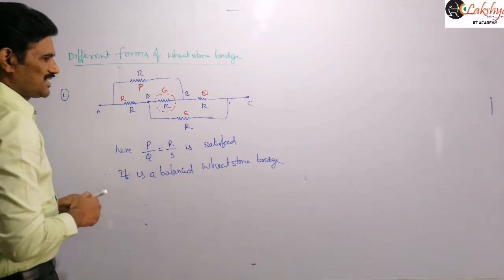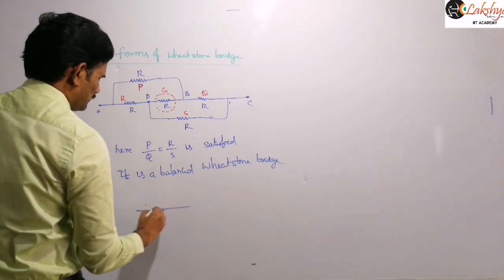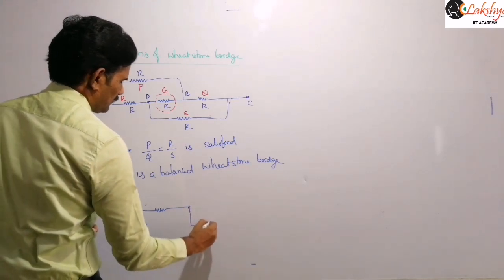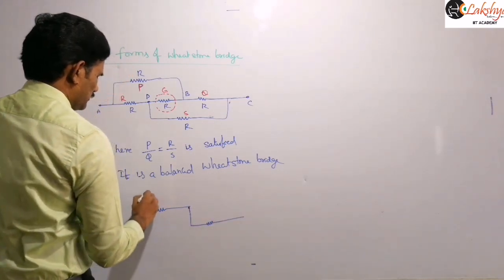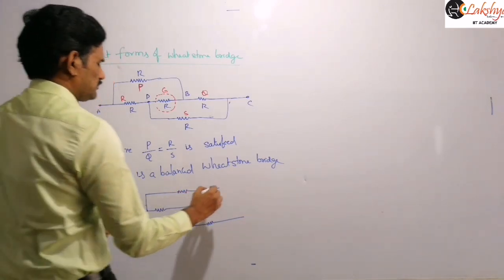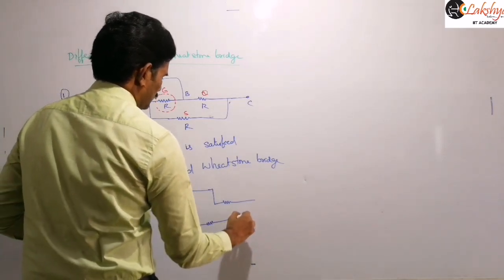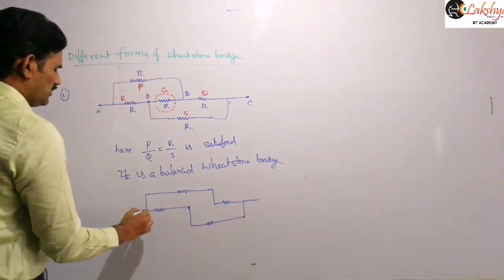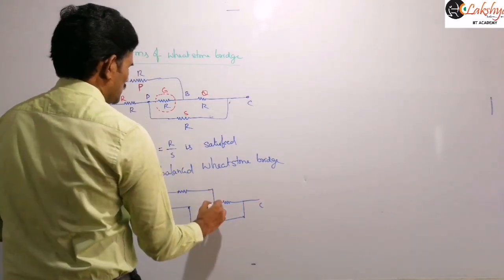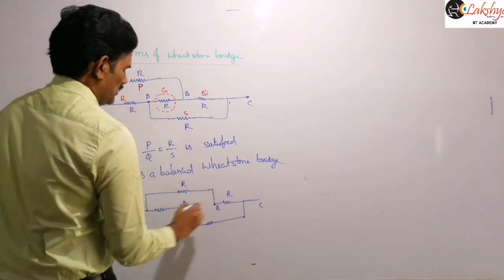And so if that part is removed, I will draw the circuit again by removing that part, right? So by removing that part, I am now drawing the circuit here. Now we can find the effective resistance easily here. This is the point A and this is the point C, and this is B and D. So between B and D, I am removing that resistance here, right?